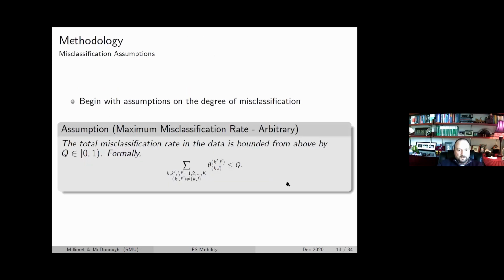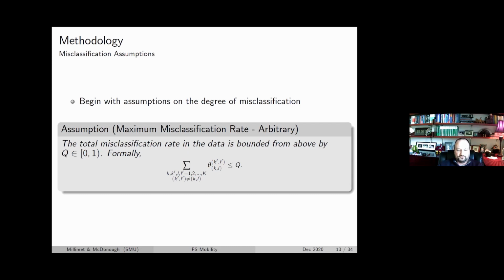All right, so anyway, the assumptions, I'm not going to go through any of the proofs or what the bounds are, but just to tell you what are the assumptions that we consider. There's certainly others, if you have other ideas for things that I can think about and add, then that's all good. So the main assumption we start off with, again, from Manski's work and then Kreider and Pepper in their work, is just to set an upper limit on how much misclassification there is. So the Q here is just the sum of all those thetas, all those misclassification probabilities.